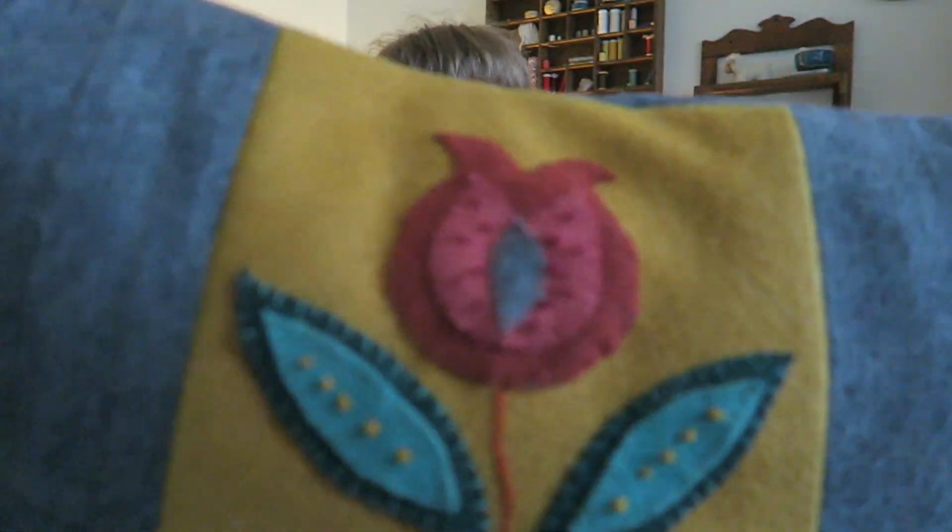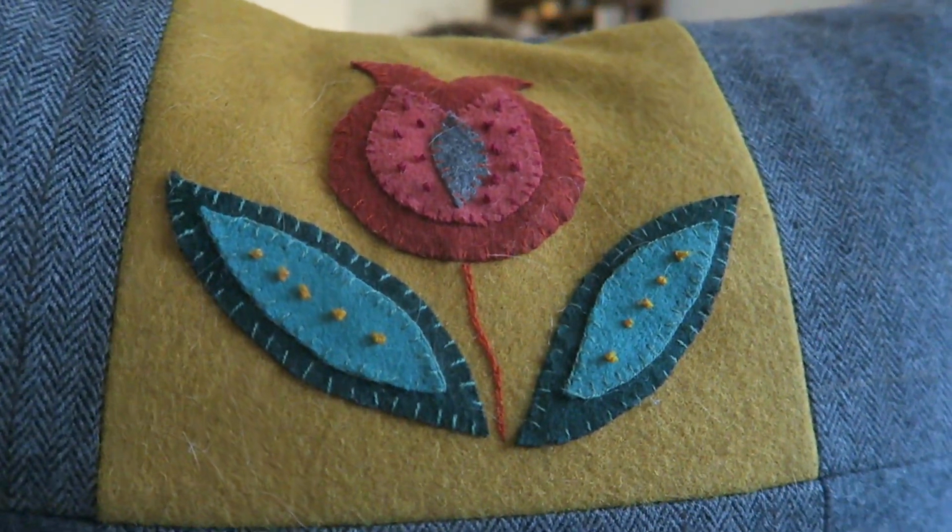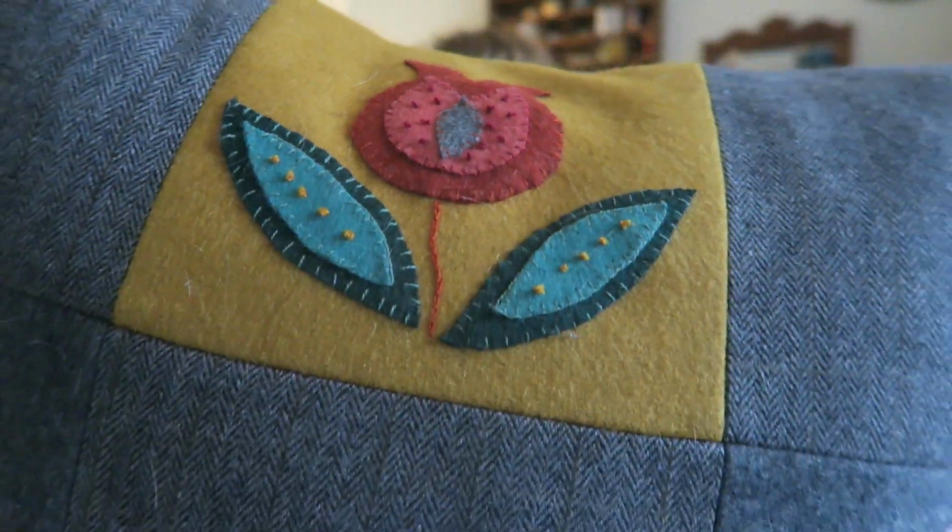And this is some other grey wool that I had at home, and the same with the back is the grey wool, and then I added one yellow wool fabric square in the middle, and then I did some wool embroidery on it. I'm very happy with this one. I'm not gonna lie, it's very nice, and I loved doing the, what do you say, patchwork in wool fabrics,